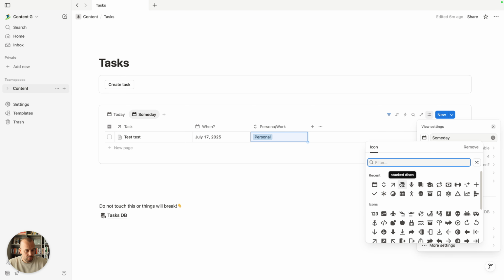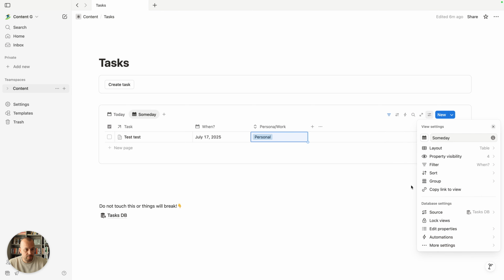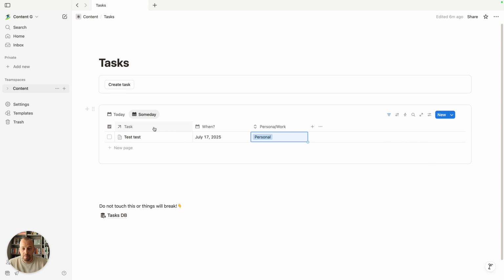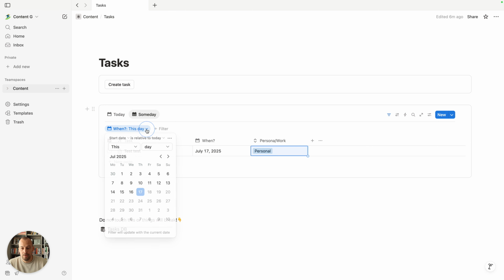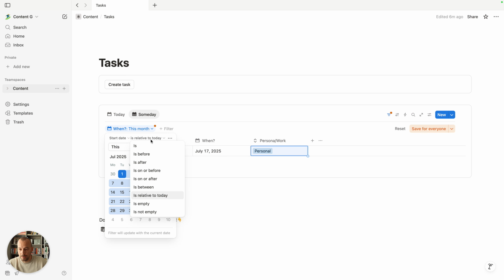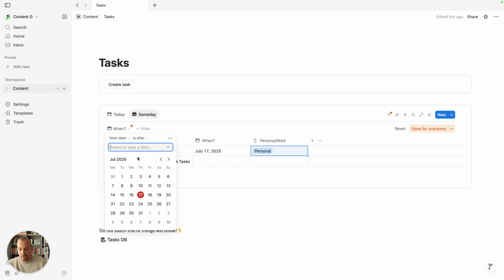And I'm going to change the icon so that we know that it's a different category. And basically we now still have the same view, but with the filter you can actually say, okay, it's relative to this month or something, right? So then you should actually see all the tasks that are available in this month, or say after